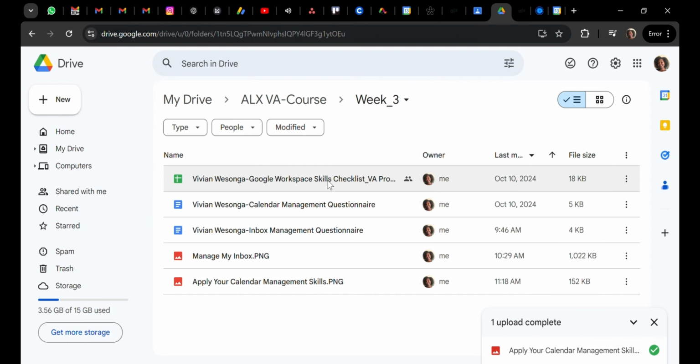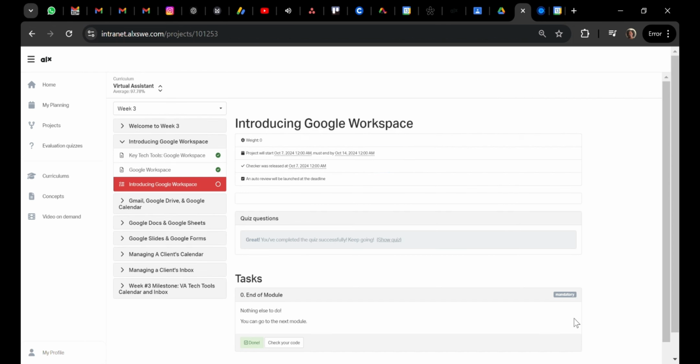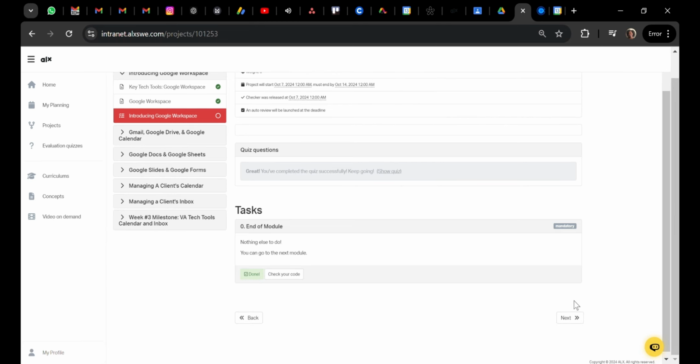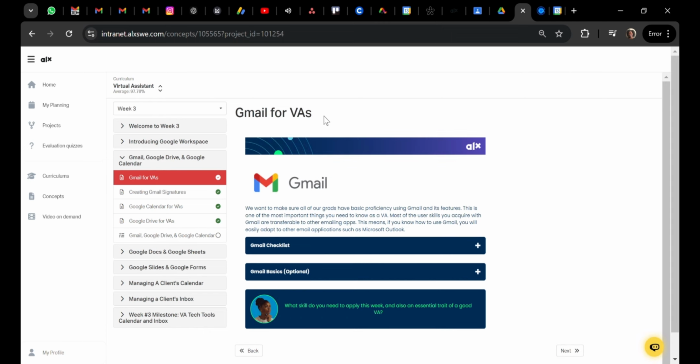So I just went to the drive to show you the checklist, how I saved it on my drive. When you're done, click next. Remember, I told you to use the next option rather than going back. You might get confused. The next section, if you're done with everything I've shown you, is quizzes. Remember, I explained this in the introductory part. You have the quiz you have to answer, and you also have to check your code so that you're able to move to the next one.